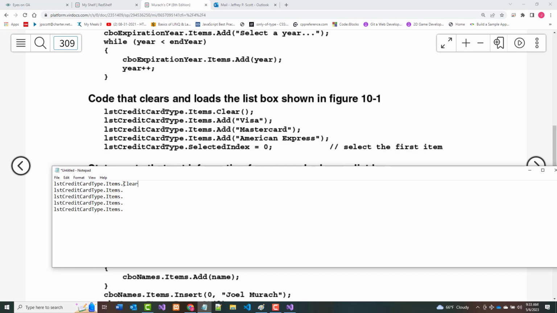So this will be clear. Add Visa. Add MasterCard. Add American Express. And finally,